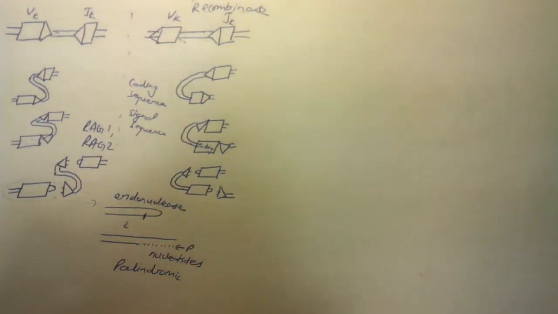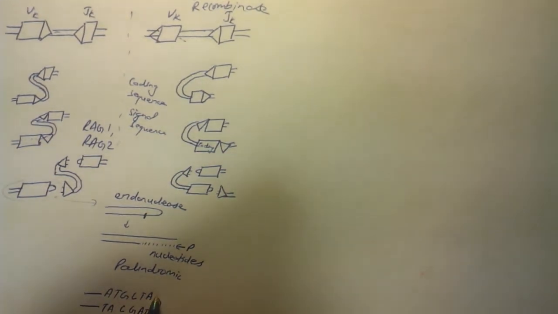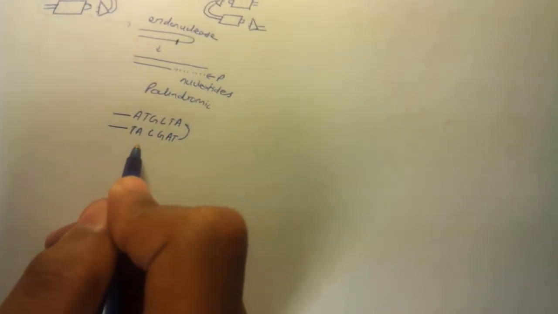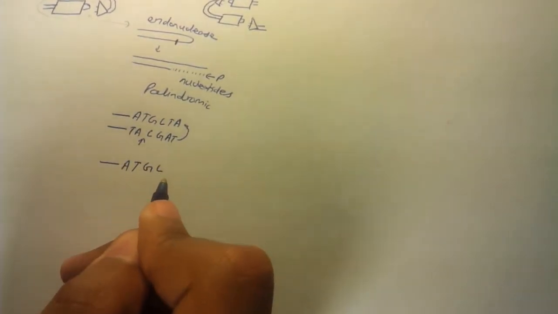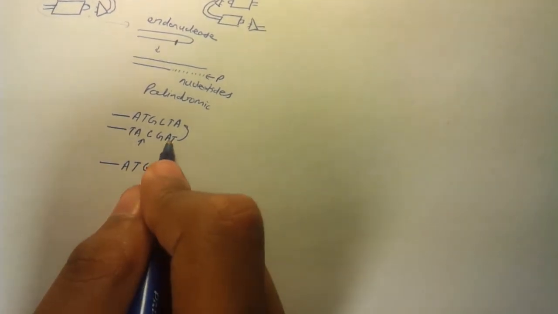For example, I'll give you guys an example. So let's say we have ATGCTA. So our bottom strand would be TACGAT, and this is the hairpin right here. Yep. So now let's say that the hairpin is cut right here. So what happens after this is ATGCTA, and coming this way,